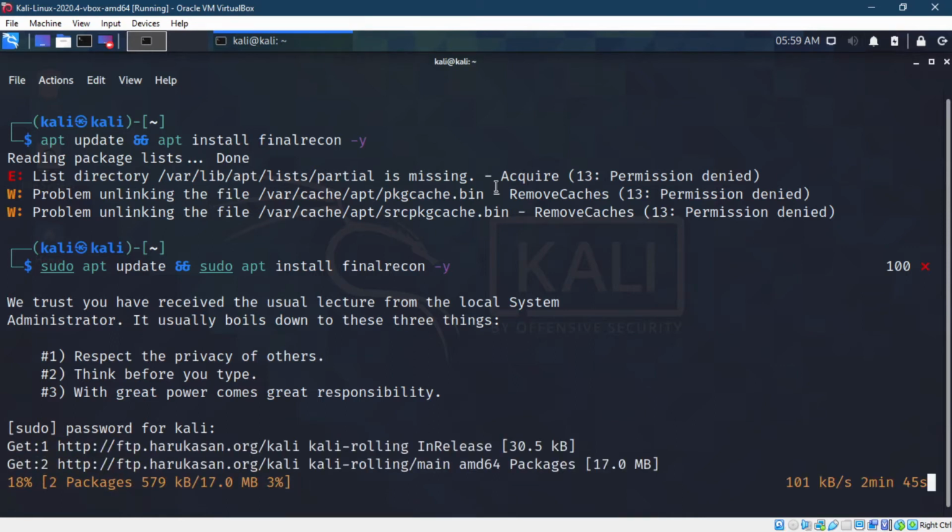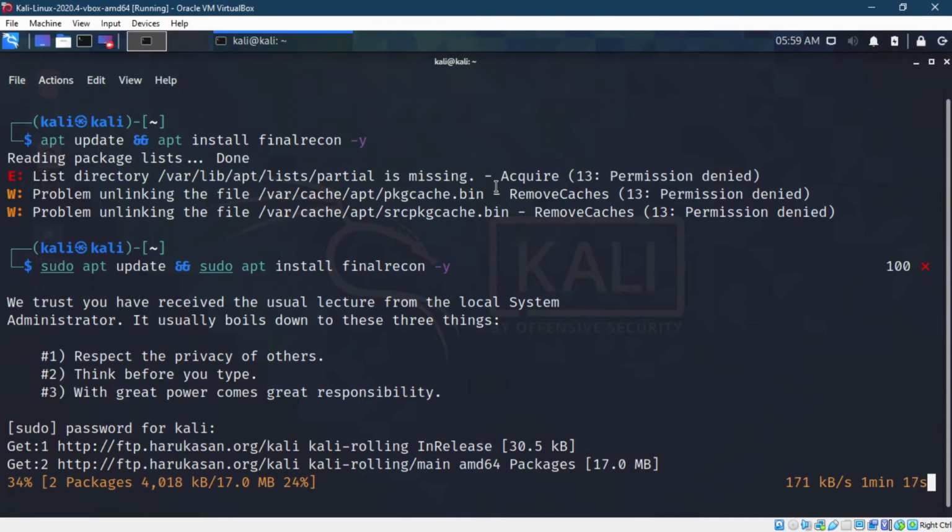log in. And once Final Recon is installed, what I observed is that it will try to use a configuration file in order to work properly. So I request you to go to that location in order to use Final Recon. That's a workaround I found.